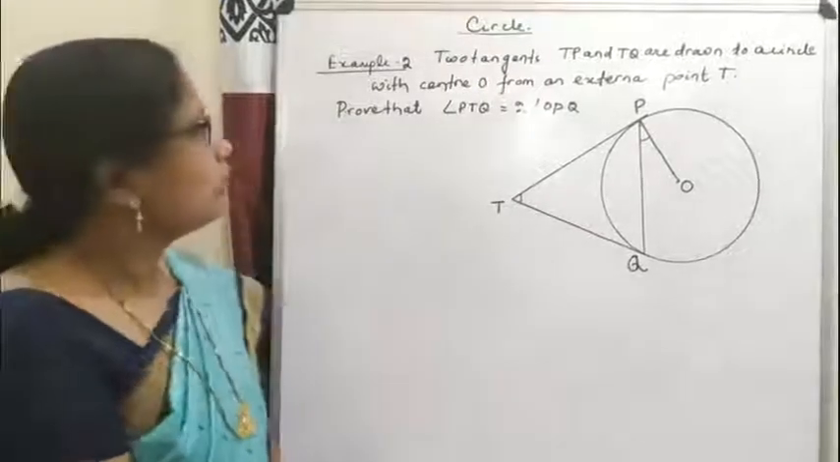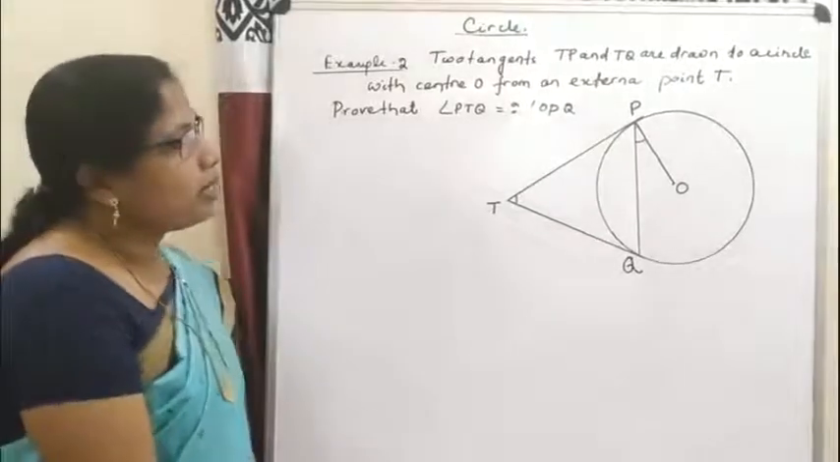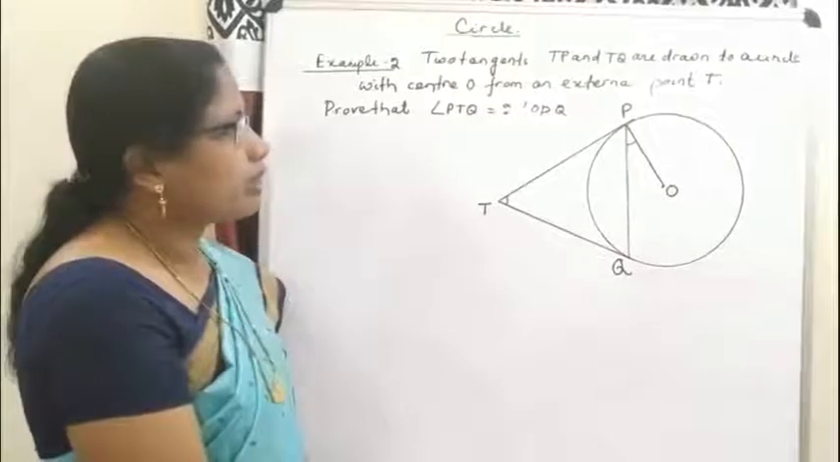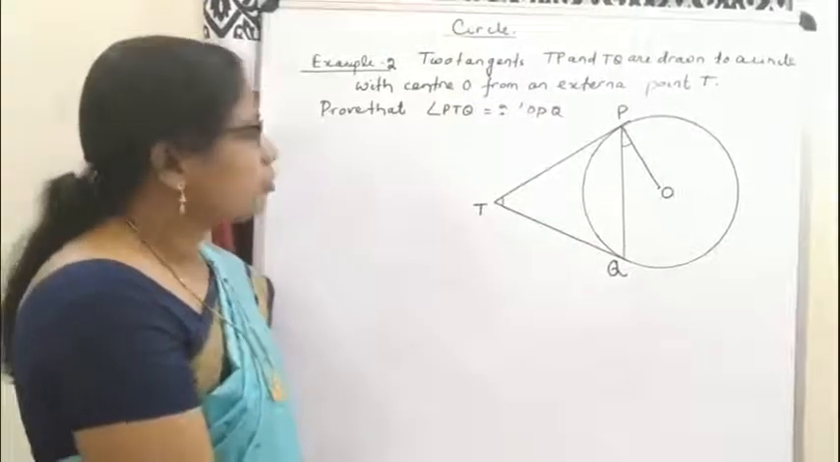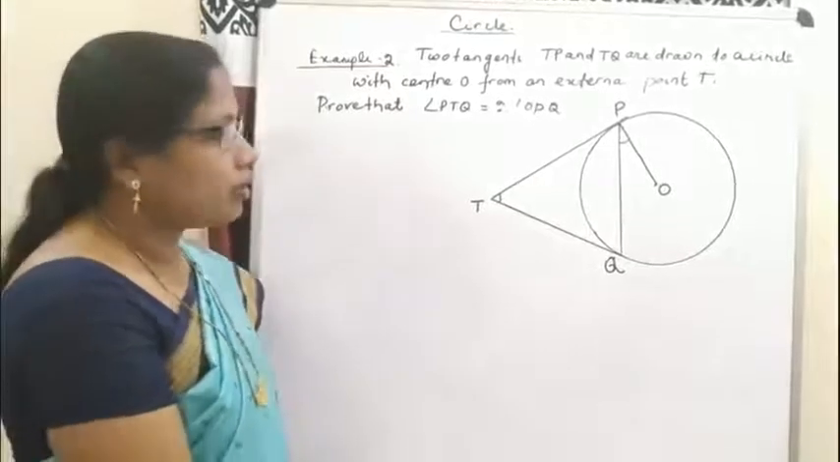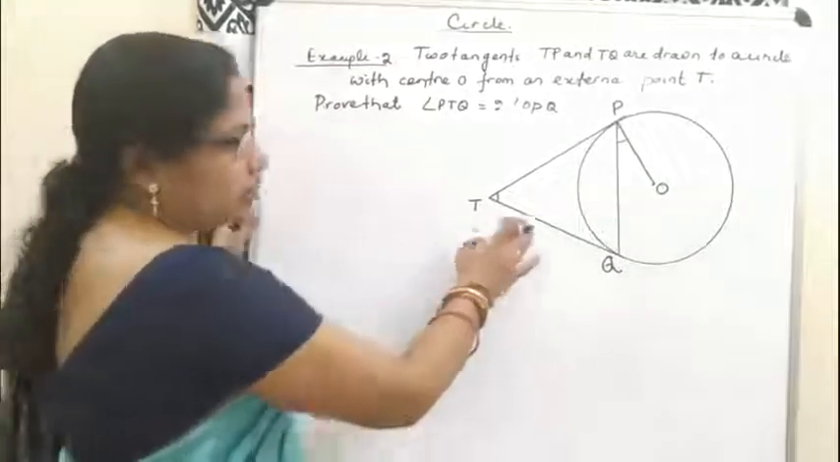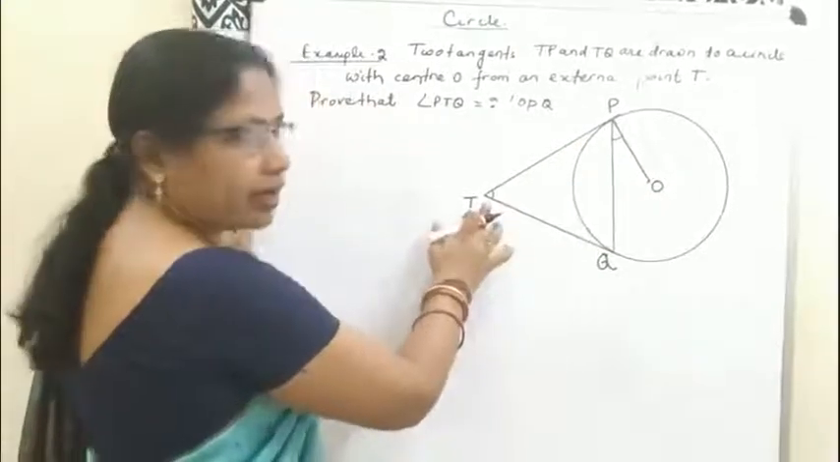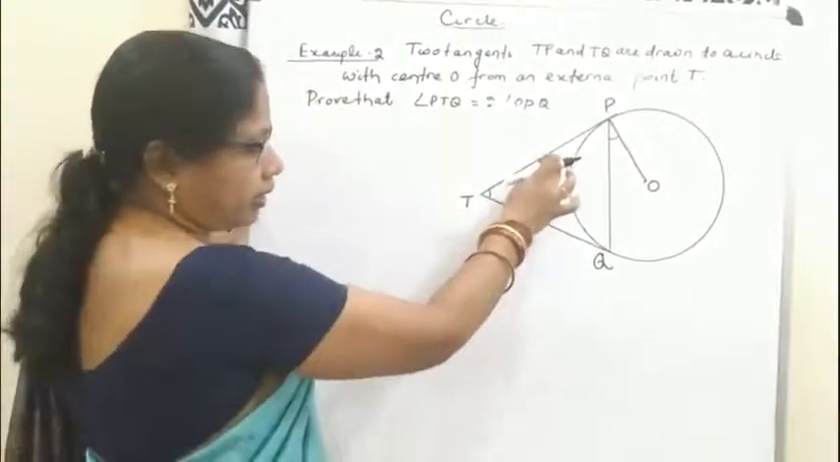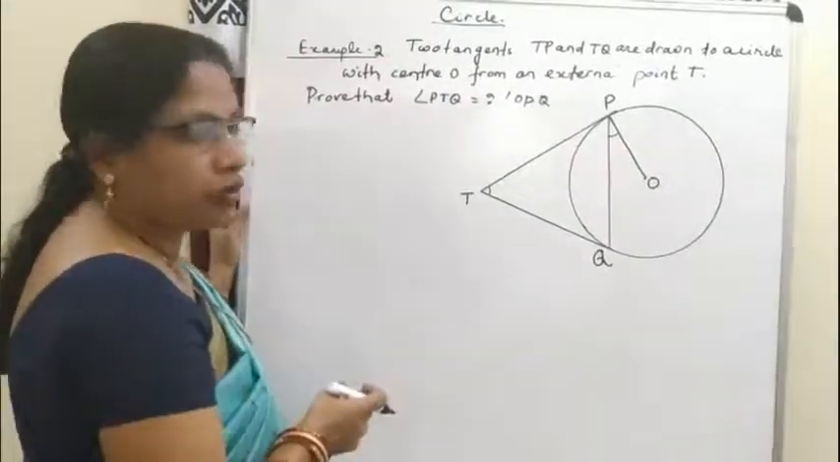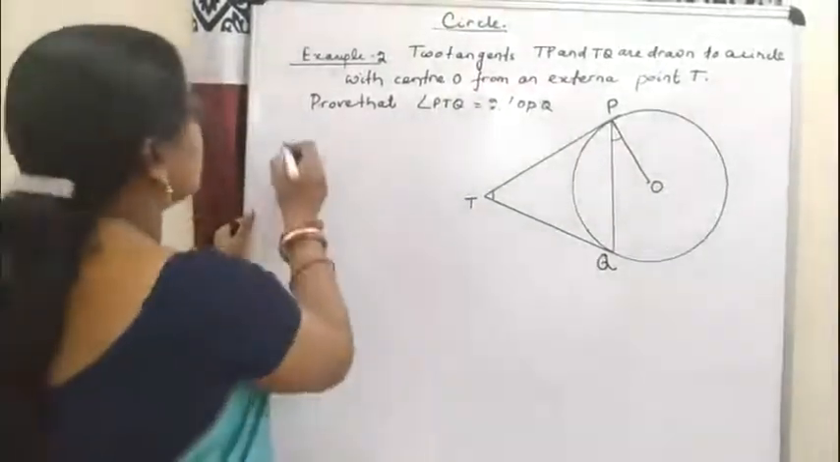Next example. Two tangents TP and TQ are drawn to a circle with center O from an external point T. Prove that angle PTQ is equal to twice angle OPQ. Here, this is a circle having center O. T is a point outside the circle and TP and TQ are two tangents to the circle at points P and Q. So given